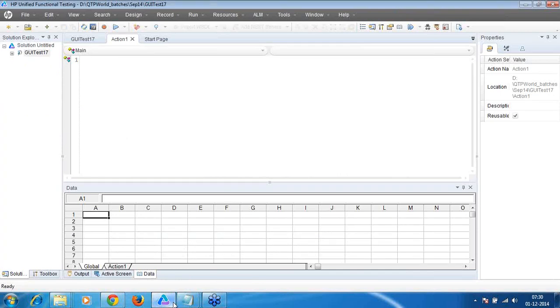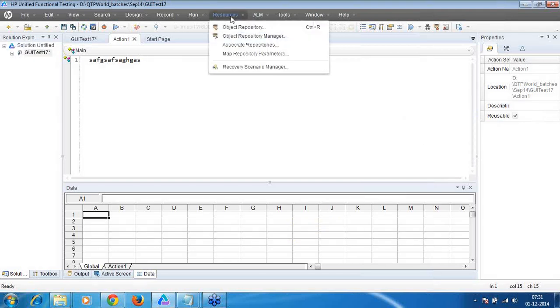Okay, and again to recap the things, this is the place where I'm typing, right? It's called the QTP editor, where you type the code. Just as a recap, if you see here, this is the data table. Basically this area is called a data table, where it has the Excel feature kind of stuff.